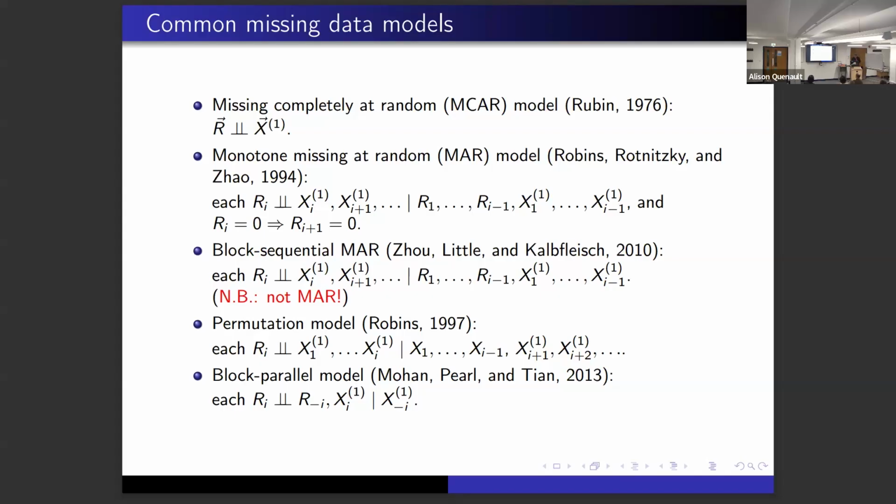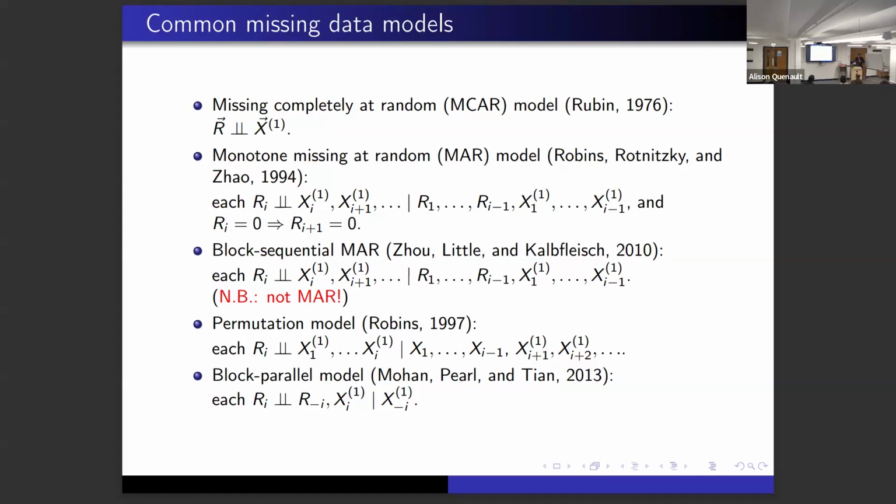There's also something that was nameless in Jamie's original paper in '97, but which I named the permutation model later. And that just means that every indicator is independent of the past counterfactuals up to now, given observed past and unobserved counterfactuals in the future. I mean, sometimes people phrase it the other way by doing the opposite order, but it ends up being isomorphic to what I said. And people have written about this model a lot.